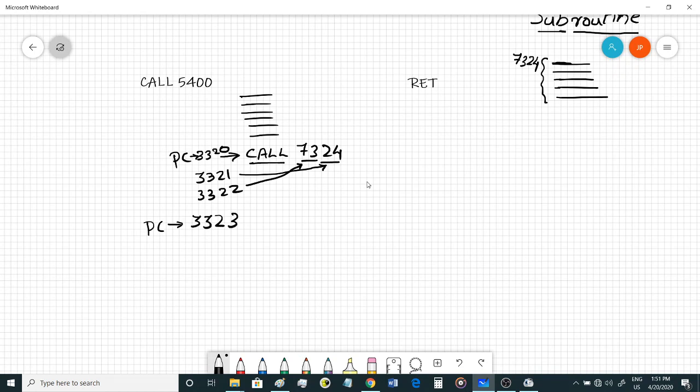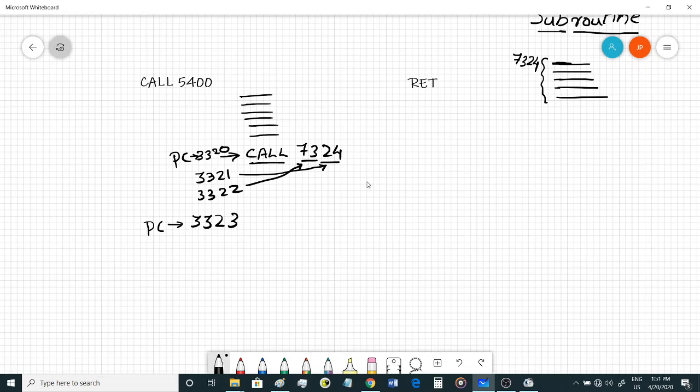We are assuming these addresses. If the first address is 3320, then definitely the program counter will be at 3323 before the execution of this instruction, call 7324. So 7324 is the address of the subroutine that you have written.